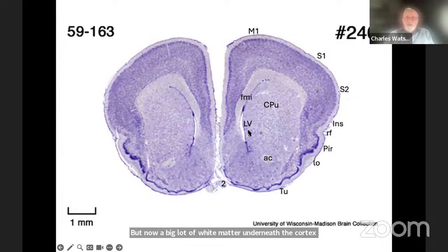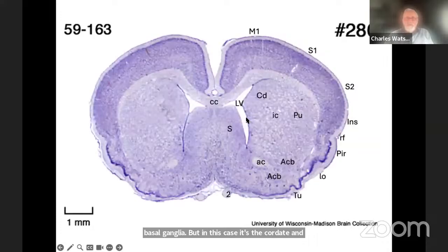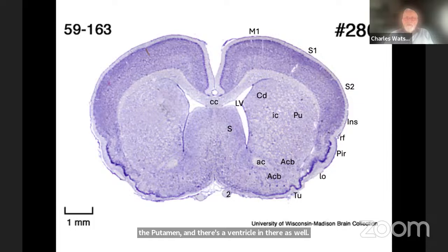And deep under the cortex are these bits of grey matter, generally referred to as the basal ganglia, but in this case it's the caudate and the putamen, and there's a ventricle in there as well. We go back a bit further, and we've got a lot more caudate and putamen, just the caudate there, putamen,